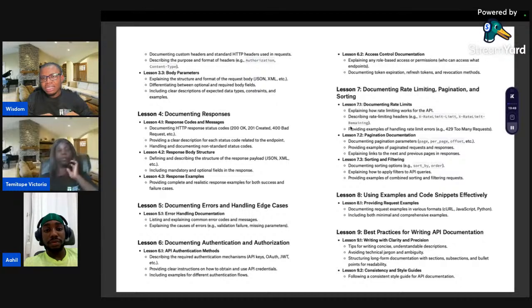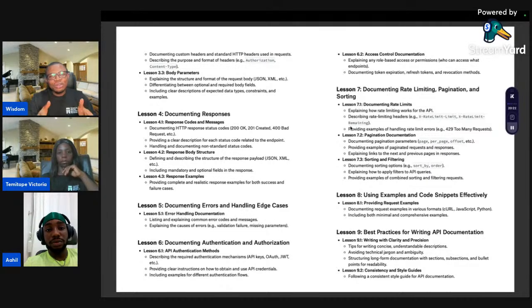So the best practices for writing API documentation, like I said earlier, is not just that I've documented it. How do you document it? Is it clear enough for users to understand what it means, or do they need to consult Google, the community, or somebody else just to understand it? So we need to tell you how to do that. Consistency: you need to have a style guide that would guide your style of writing. How do you want to write your documentation? Do you want to start your sentences with a capital letter, or do you just want to be writing anyhow? That consistency, that style, will help users understand it more.